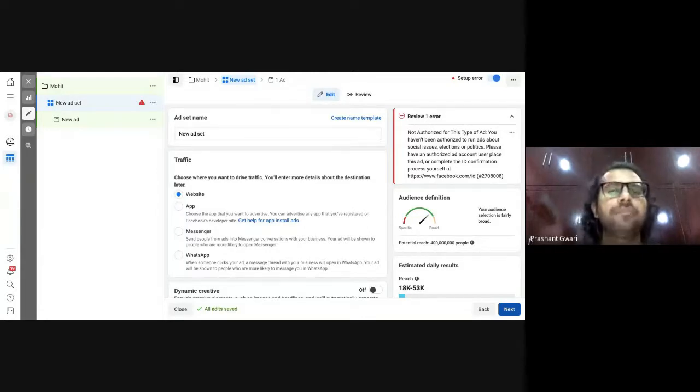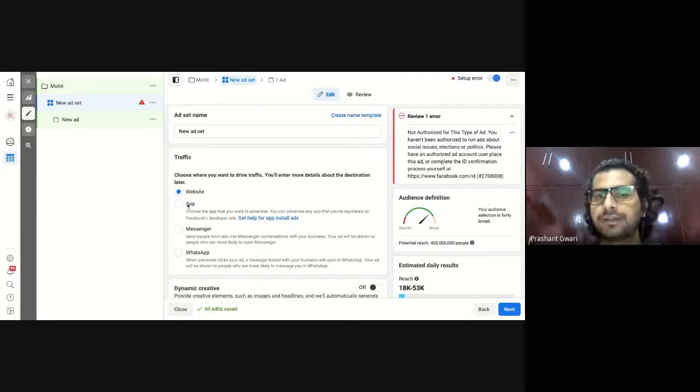Let's say you are running a brand awareness campaign. Your brand awareness campaign can have more than one ad set. One ad set is only for video-based advertisements, one ad set for image-based advertisements, one ad set for blog-based advertisements. So once we name our campaign and set the objective, now let's come to the ad set, the ad we are running.